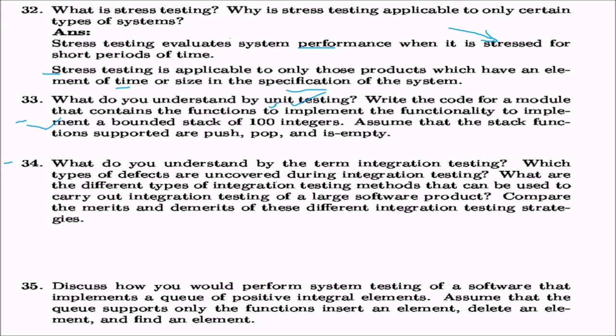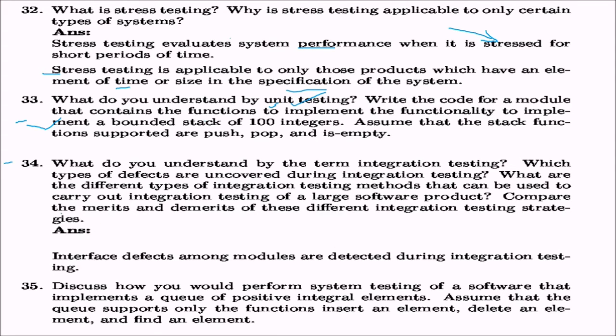34 is, what do you understand by the term integration testing? Which types of defects are uncovered during integration testing? What are the different types of integration testing methods that can be used to carry out integration testing of a large software product? Compare the merits and demerits of these different integration testing strategies. So the basic crux of